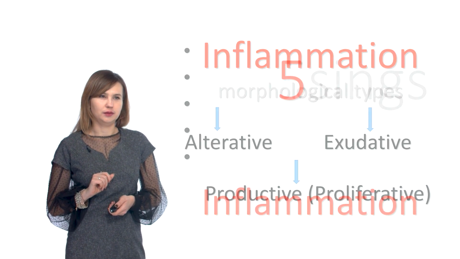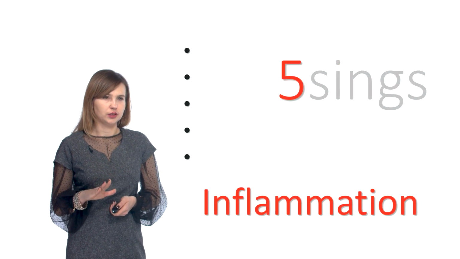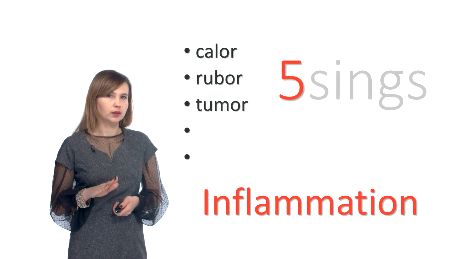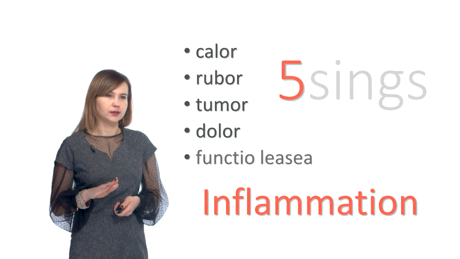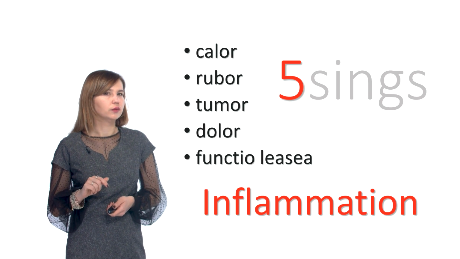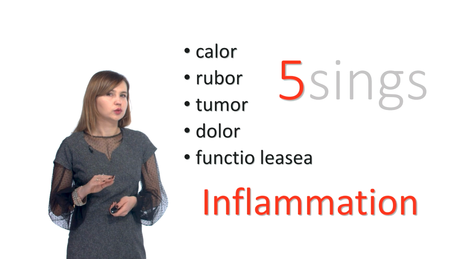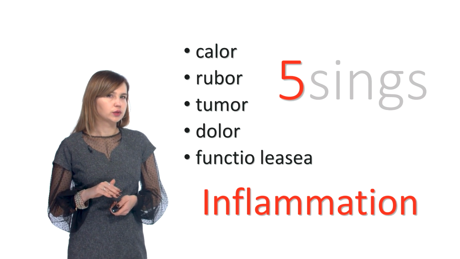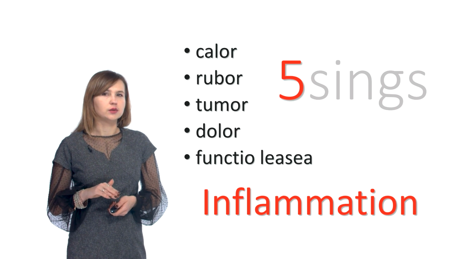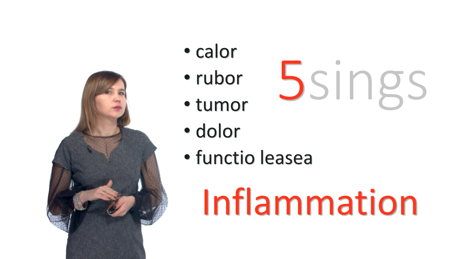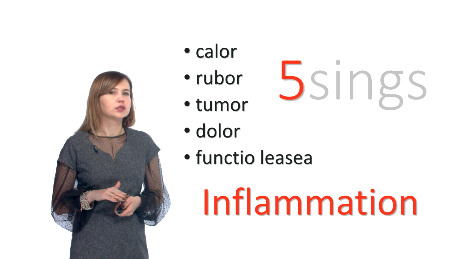Next, signs of inflammation. 5 signs of inflammation. Calor, rubor, tumor, dolor, functio laesa. Rise of temperature is calor, redness on the inflammatory focus is rubor, swelling on the inflammatory focus is tumor, pain due to the damage of the nerve is dolor, loss of function, functio laesa. All these clinical and morphological manifestations are associated with dynamic reaction during the exudation phase. Redness and fever are due to increased blood flow of the inflamed region. A variety of biologically active substances enter the nerve endings, and loss of function is caused by a combination